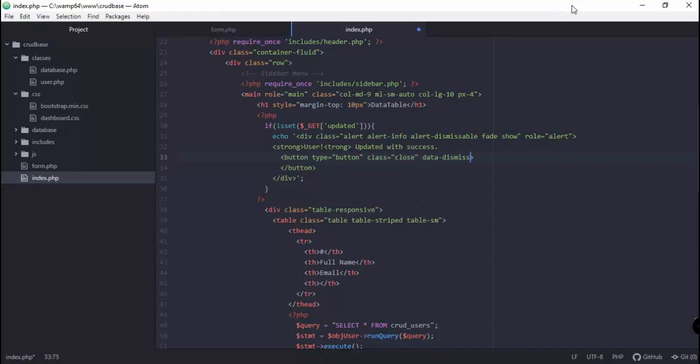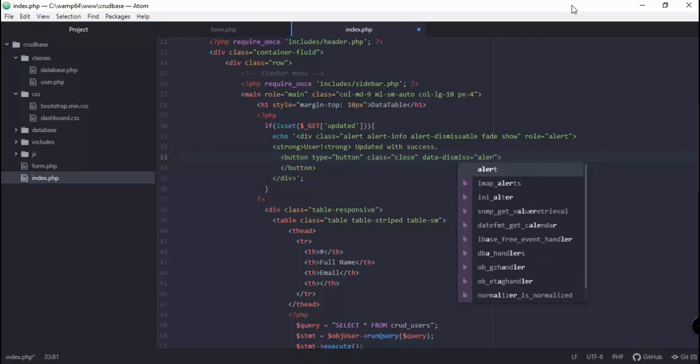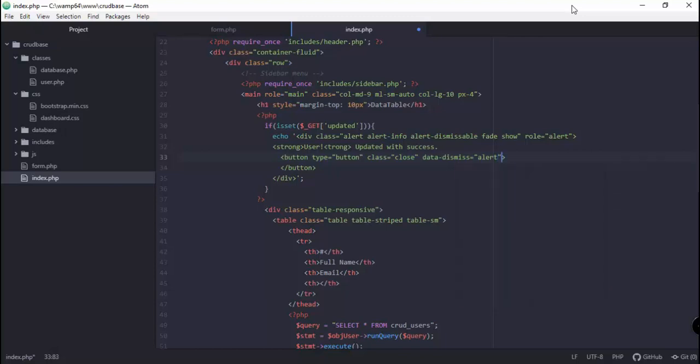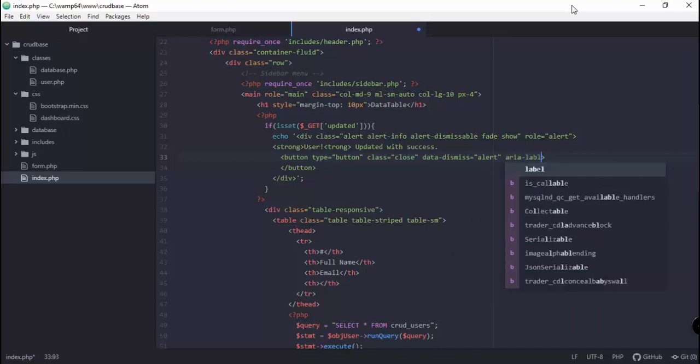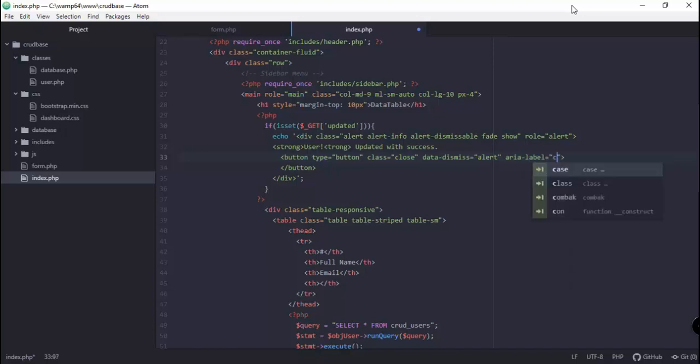Again guys, this is the power of Bootstrap technology. If you want to know more about Bootstrap, we have plenty of tutorials on our channel. You can check that out and try to learn this awesome project. So yeah, the label should be, of course, close,